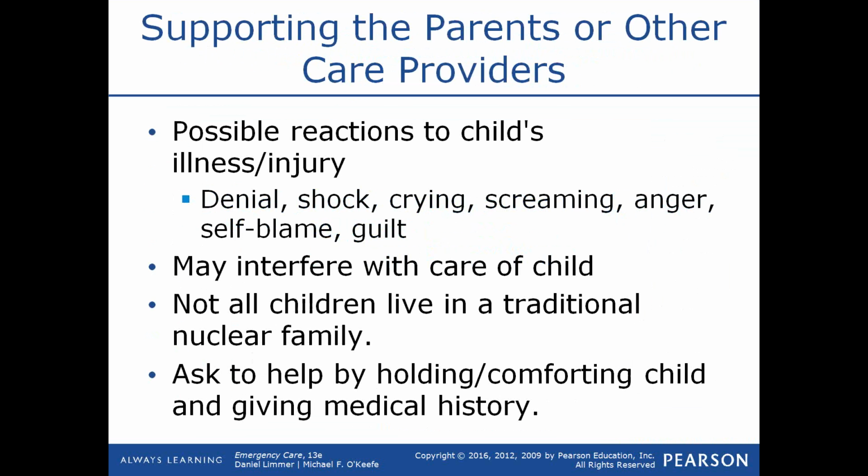Now, supporting the parents or other care providers is something that you may need to do as well, because if you've got a caregiver whose child has just broken their femur, they may be quite upset. They may react much like any patient who reacts to a serious illness or injury. They may have an immediate stress reaction that causes them to lash out, to scream, to be angry, to show self-blame or guilt. They may be in shock. They may deny this is happening to their child at all. They may get in your way and interfere with the care of the child,